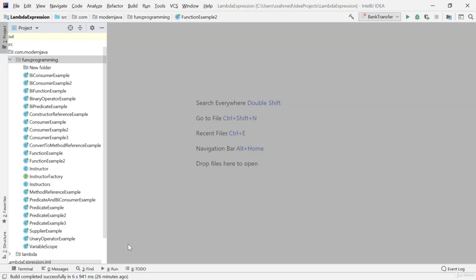As this example is regarding bank transfer, first of all we need to create a bank account. But to create a bank account, we'll be using an interface, and that interface is called AccountFactory. So let's first create a new